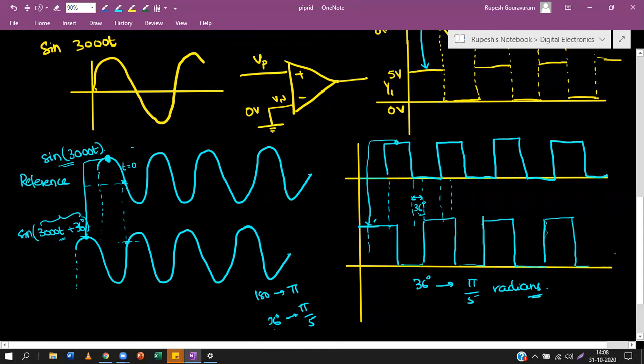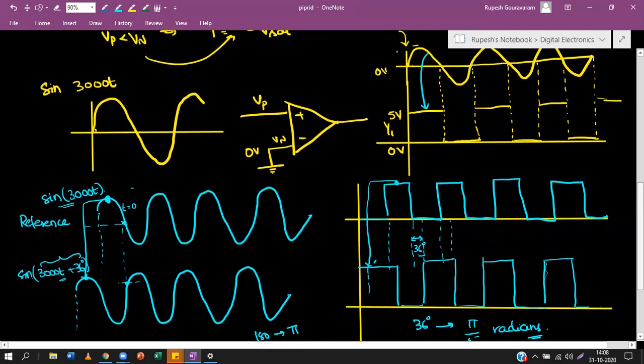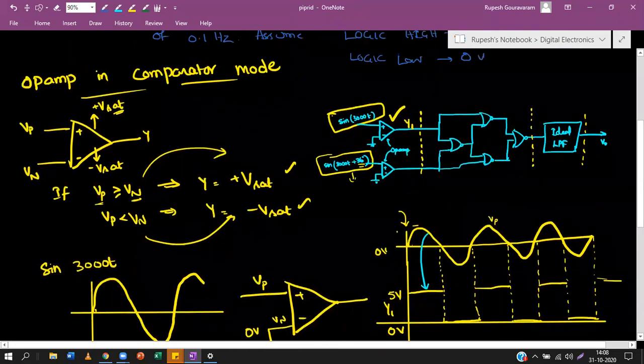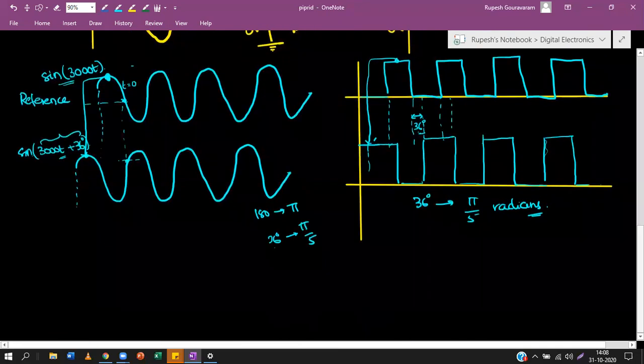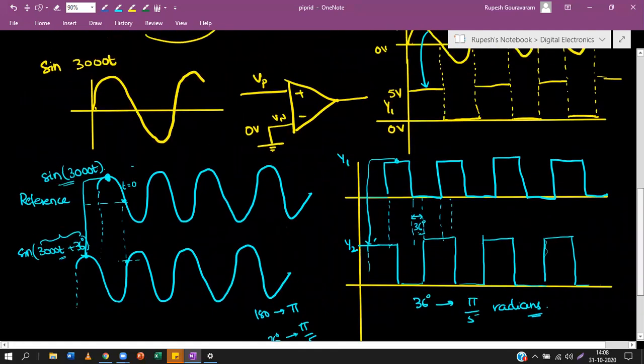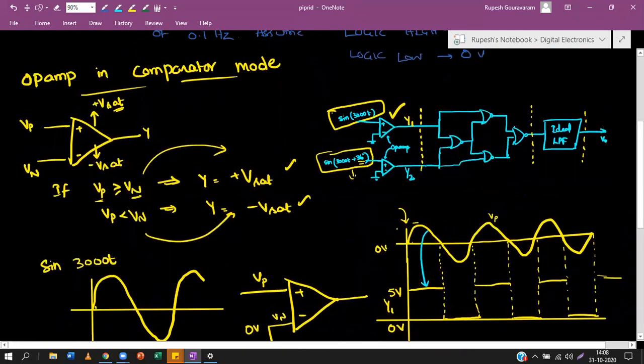This will be the output of what? So when we take this circuit, if I take y1 and y2 here, y1 looks like this. So this is y1 and this will be y2. If y1 and y2 are passing through this particular circuit, so what is this circuit? If you have studied digital electronics in your BTech, you have very well identified this circuit as an XNOR circuit.